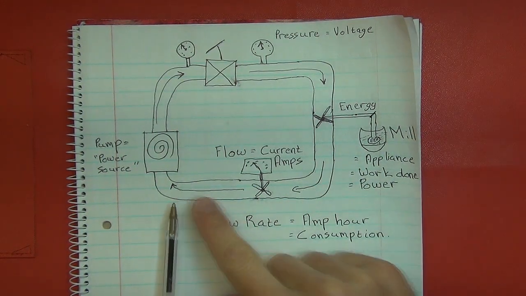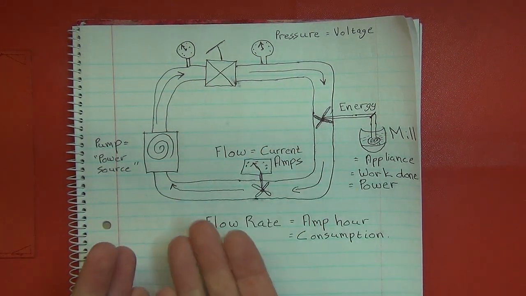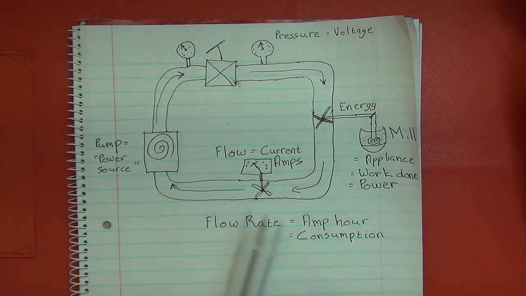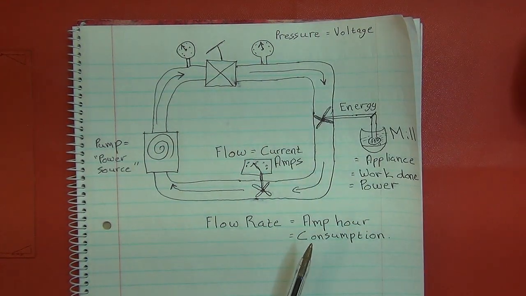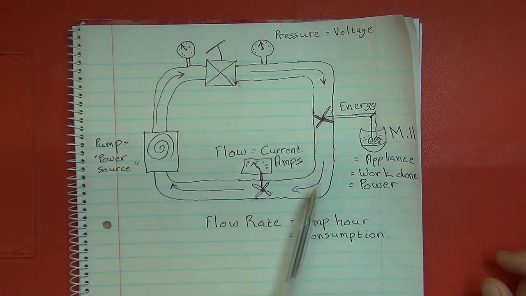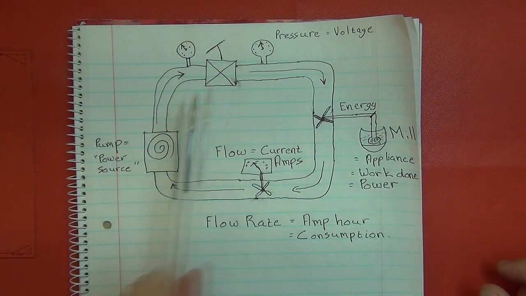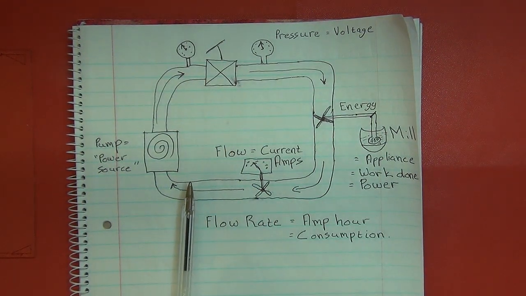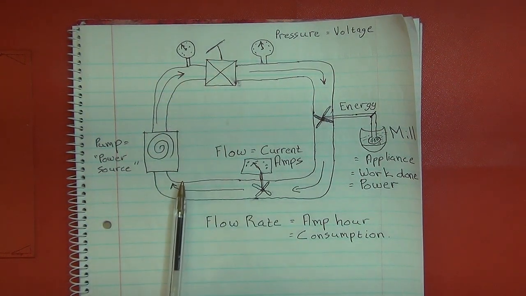If you had a little bucket catching your water at the end of this and that bucket is filling up, that filling of the bucket would equate to your consumption, how much electricity or energy you're using. So it's quite a nice analogy, this closed pipe system with a pump, a valve, pressure gauges and something that's measuring the flow. It's like an electricity circuit. It needs to be complete. It needs to be intact.